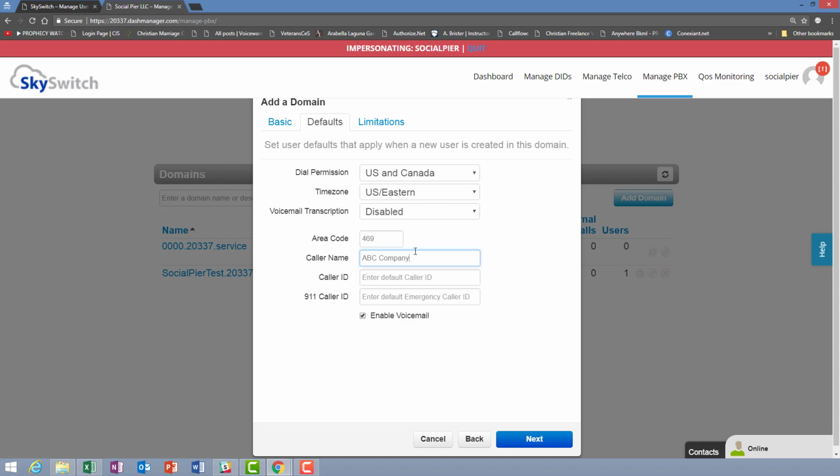What that is, is that if this customer of yours wants to display their caller name outbound to the world, then you have to set up caller name storage. Okay, that's different than right here. This is simply for internal to SkySwitch,